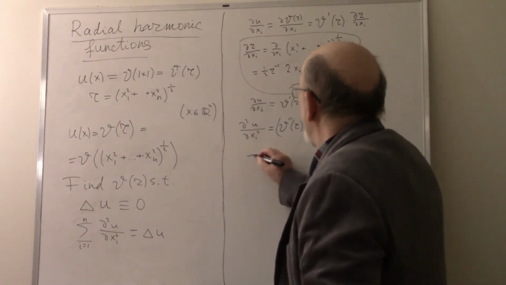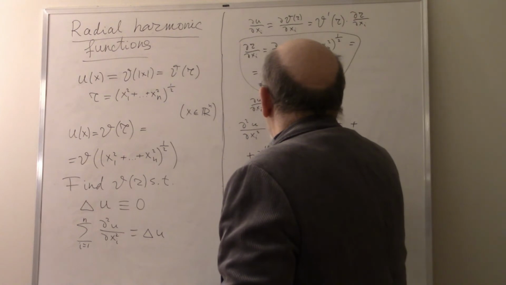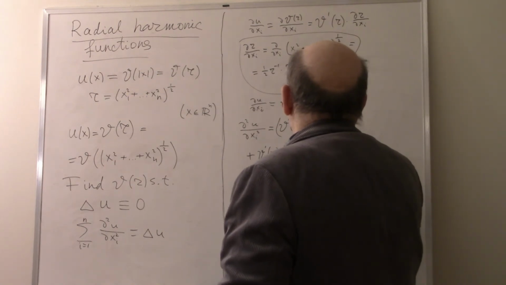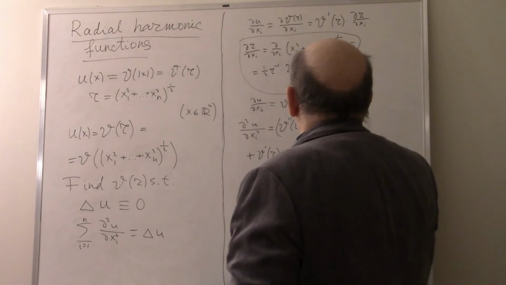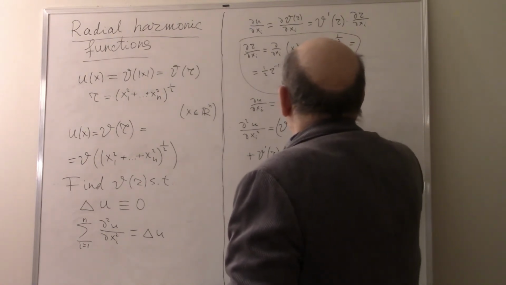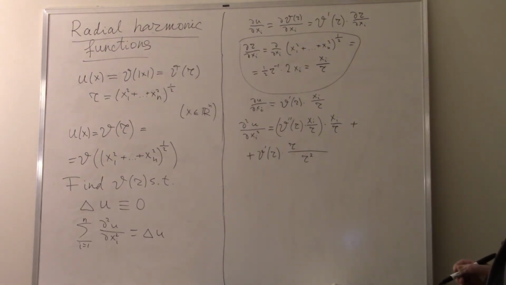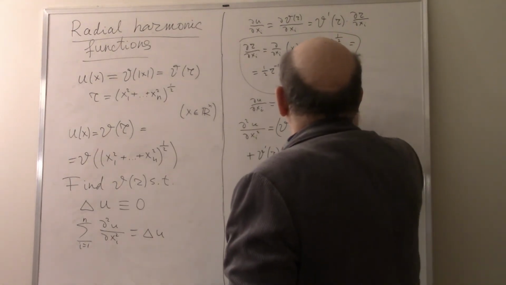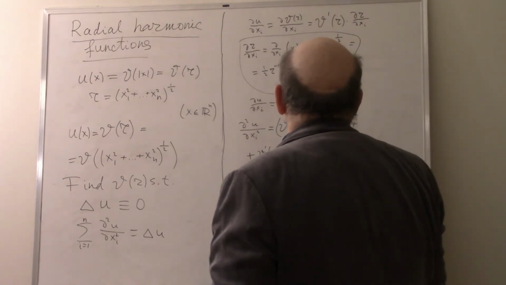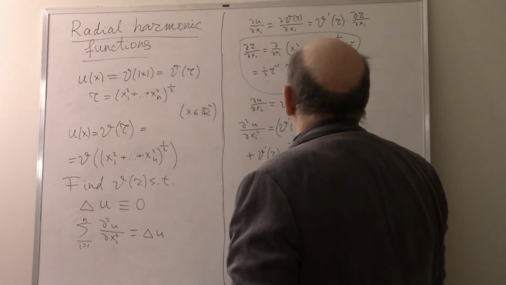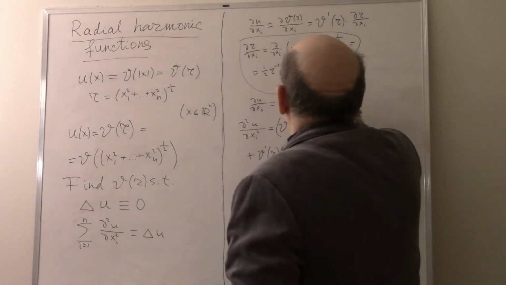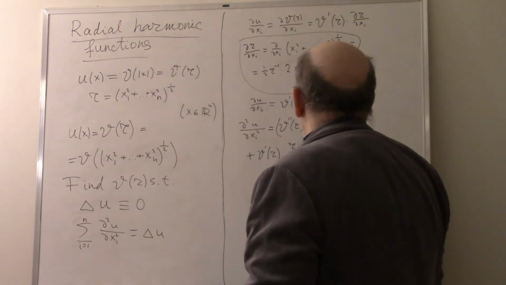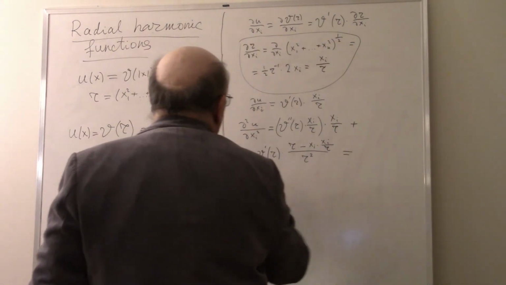plus v prime of r times (r square, r times the derivative of xi by xi, which is 1, minus xi times the derivative of r, dr/dxi). dr/dxi is xi divided by r, which is equal, all this,